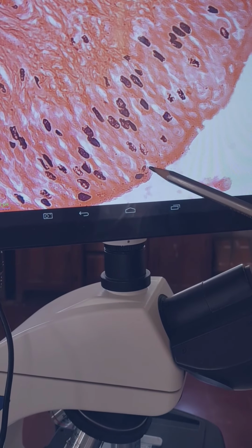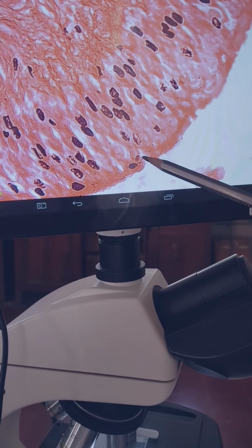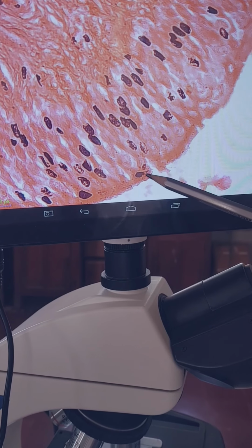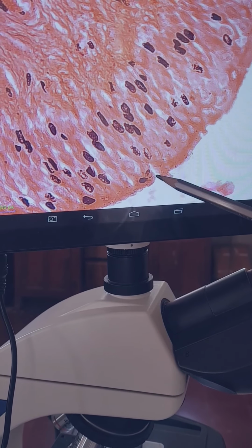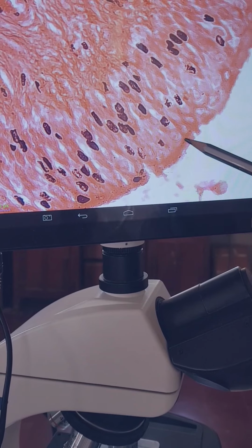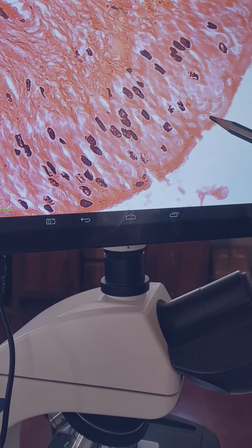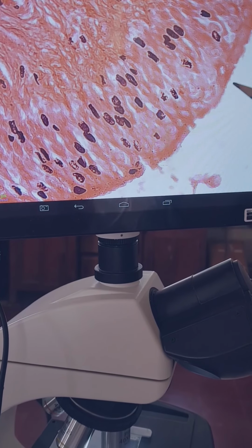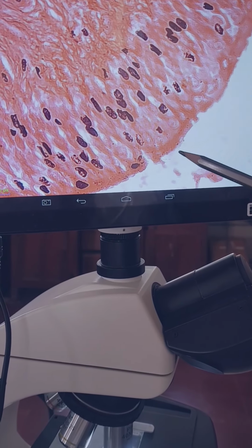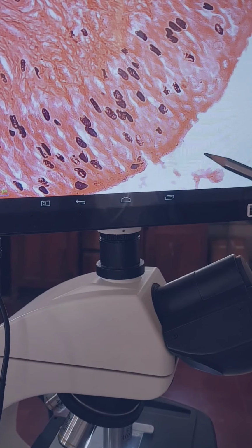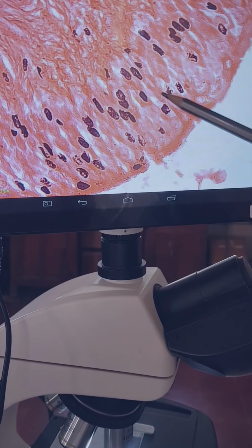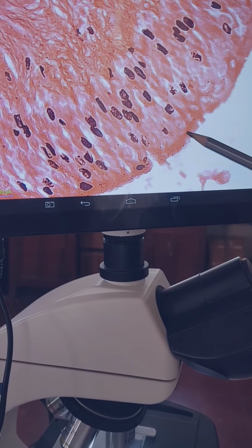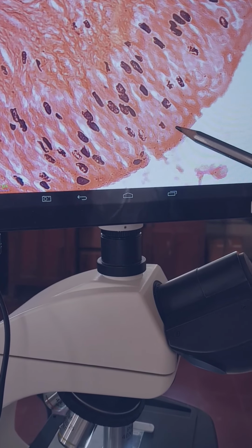See, the nuclei sometimes are in mitotic division. By the nucleus, the nature of the cell will be seen. Two nuclei are seen here towards the surface. These umbrella cells have the capacity to stretch. Also they lay down a glycoprotein layer over the epithelium, which prevents the toxic effect of urine present in the urinary bladder on the underlying cells. So this is the transitional epithelium lining the urinary bladder.